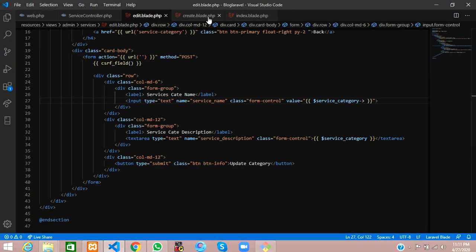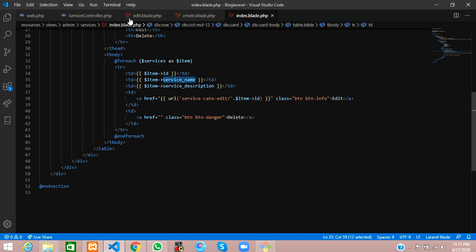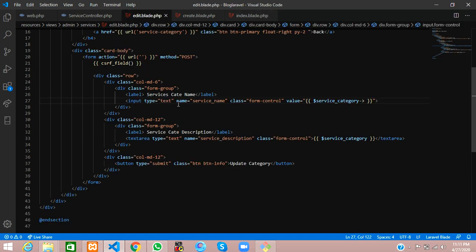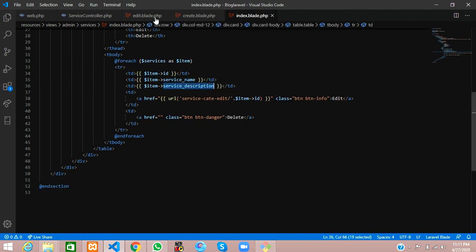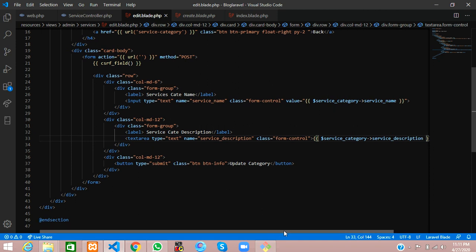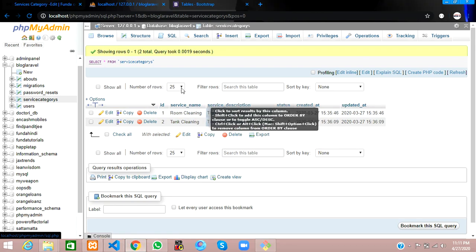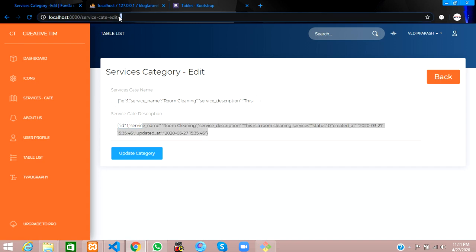We have already copied that into our table format, right? So we'll just copy the same thing, edit and paste here, and the same name for the description also, service description, copy and paste. Done.